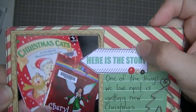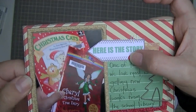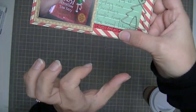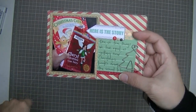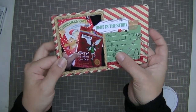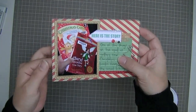I stapled with my tiny attacher, just more for decoration than anything else. I added 3 little enamel dots that came in the kit. This washi tape was from my stash, so I added that. This is part of a bigger 3x4 card that had cookies and milk on it, and so I cut off the cookies and milk, and I'm hanging on to that because I probably will use that on Christmas Eve, but I'm not going to use it yet, and I wanted the green because I just thought that there was so much red on this, so much red in the photo, that I wanted some green, and